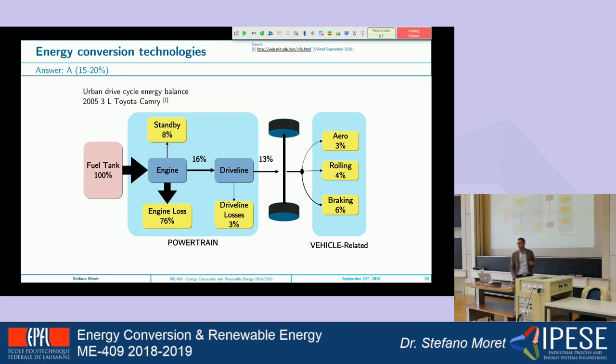And this is what I was talking about. This is what we will learn in the course. Energy conversion can make really a difference. Do you know what is the normal efficiency of an electric motor, with some losses, let's say? Yeah, the motor itself can be normally around 85% or something like that.